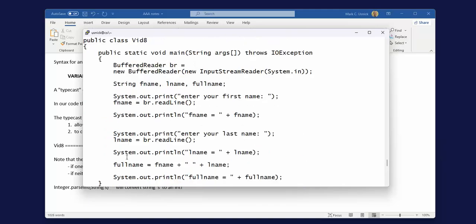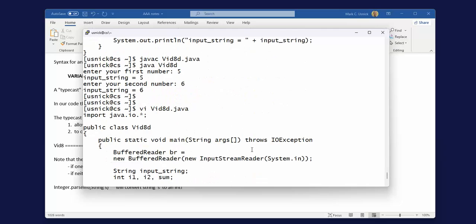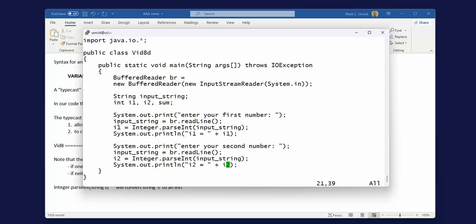Kind of like here, I needed two different string variables, so I can calculate the concatenation, if you will. So that's a logic question on why it is okay to reuse the variable input string. We just used it to get us from one line of code to the next in converting the user input to an int, and then we're done with input string. Clobbering it again the next time makes perfect sense instead of declaring a separate string variable when there's no real need for it. So now we're going to print out I1 and I2,